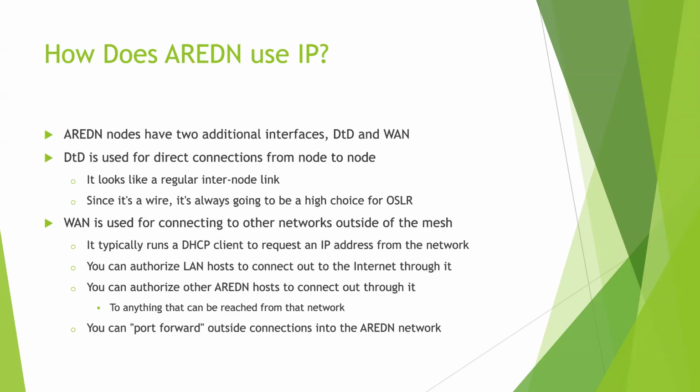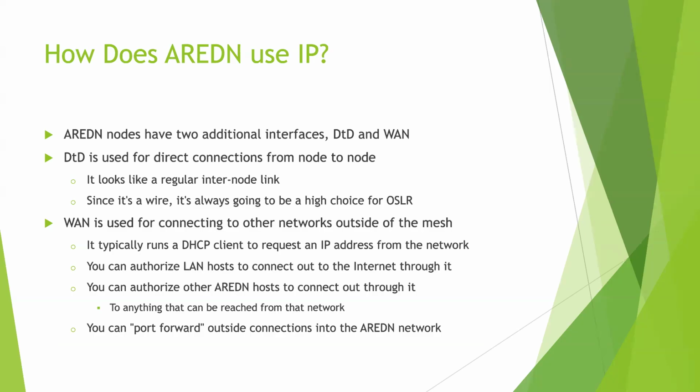Right. That's like when you take that MikroTik hAP ac lite, yes, and you plug it in the PoE port, that becomes a DTD port, right? And so it's on the wire. It's always going to be the best choice for moving packets from this node to that node. It's always going to pick the wire. It may be able to see that other node on RF as well, but it's never going to choose to use that over the wire because the wire is going to be much better.